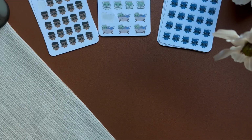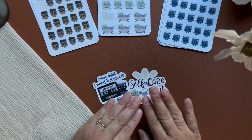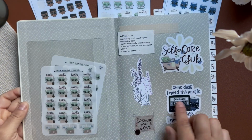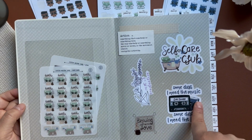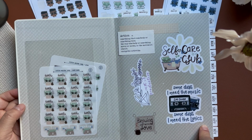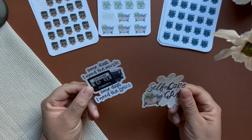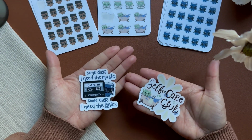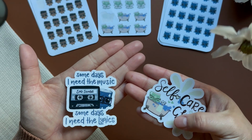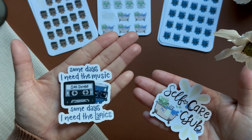I have something to show you guys. I will also have die cut stickers, and the die cut stickers that I used in my planner setup. And I used the Self-Care Club Little Matcha Lady, and I used Some Days I Need the Music, Some Days I Need the Lyrics. I will have those available for you guys as well if you guys are interested in grabbing your die cut stickers too. They're a pretty decent size, and it's Little Matcha Lady in her element, Self-Care Club, and Sadzi with the Sadzi